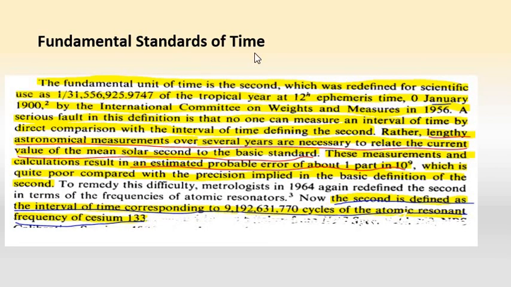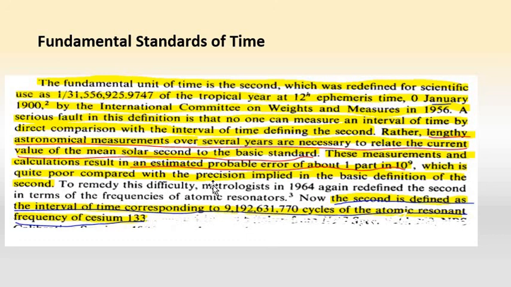Now let us move on to fundamental standards of time. We know that the fundamental unit of time is second, and it is easy to measure time depending upon second, minute, hour and all. Okay, many years before, that is around 1900, the measurement of time was very complicated. It was depending upon some astronomical measurements. The accurate measurement of time was done comparing to some astronomical measurements. Also, such measurements were very complicated and lengthy, and required many complex calculations to achieve